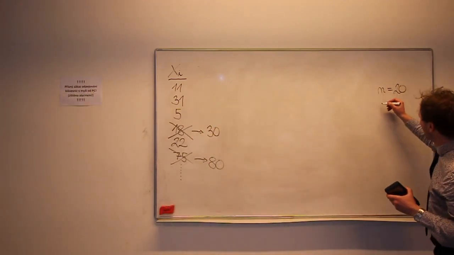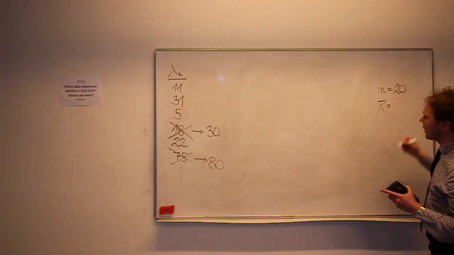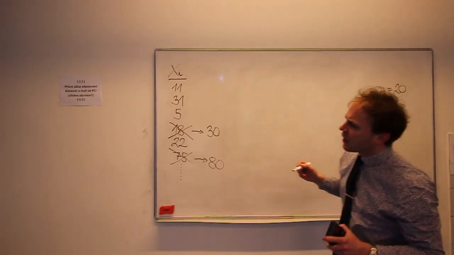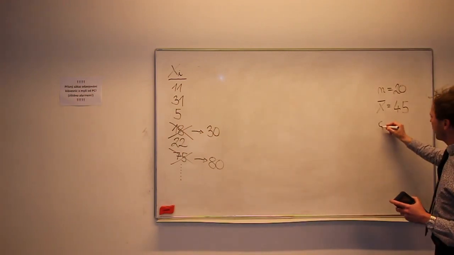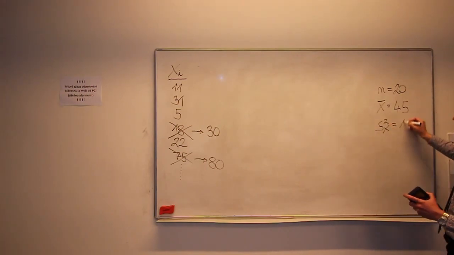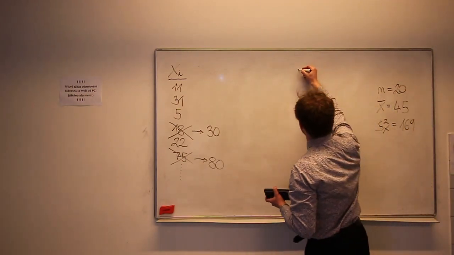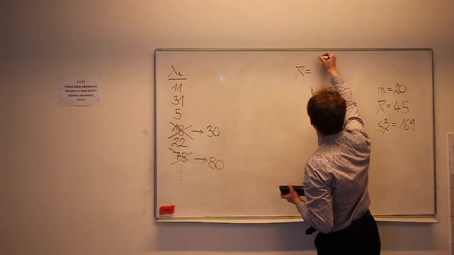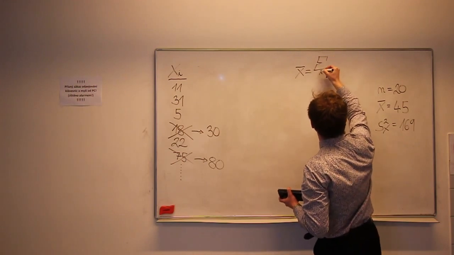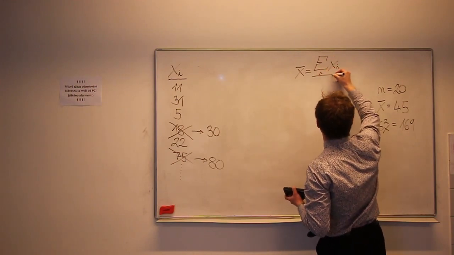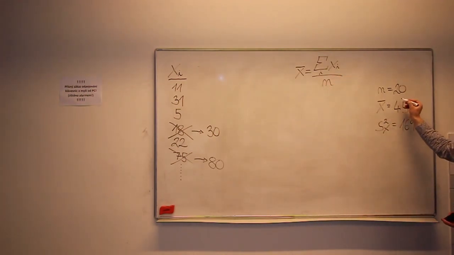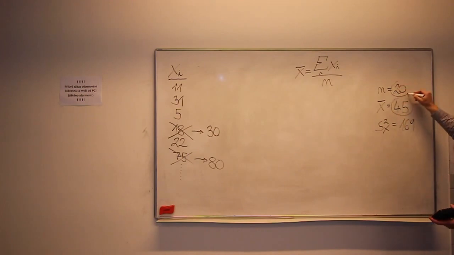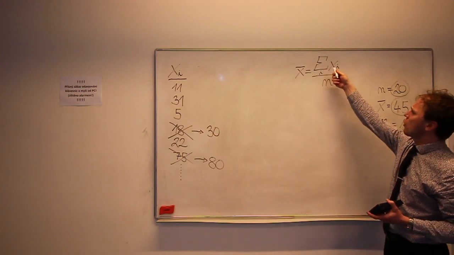And we know that the originally calculated average is 45. Yes, and the originally calculated variance s x squared is 169. So I must know that the mean, x with stripe, is calculated like the summation through all i of x i divided by n. Okay, so I know this average and I know this sample size, so I'm able to calculate this